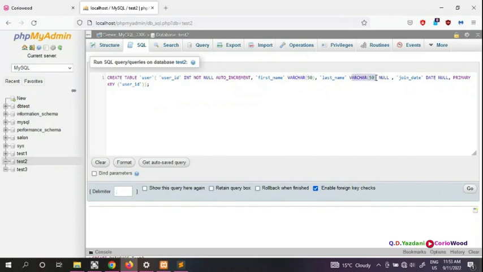The last name is going to be VARCHAR(50), and we want it to allow null. And the join date is going to be another field. We say DATE, which is going to be null, and now it's time to tell MySQL what the primary key is, and we're going to say the primary key is user ID, because later on